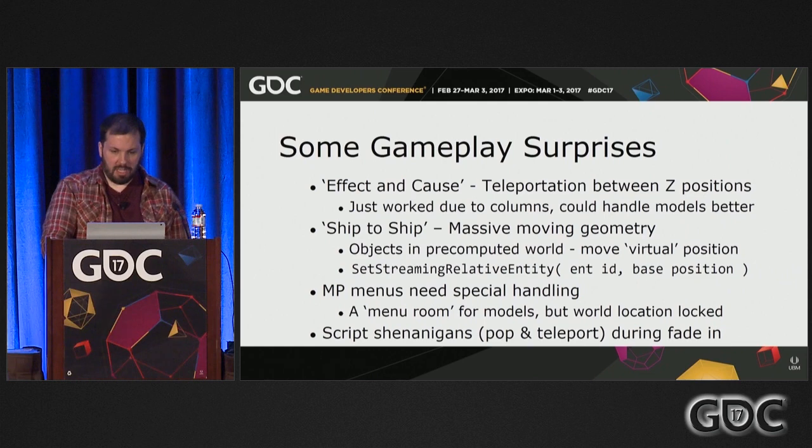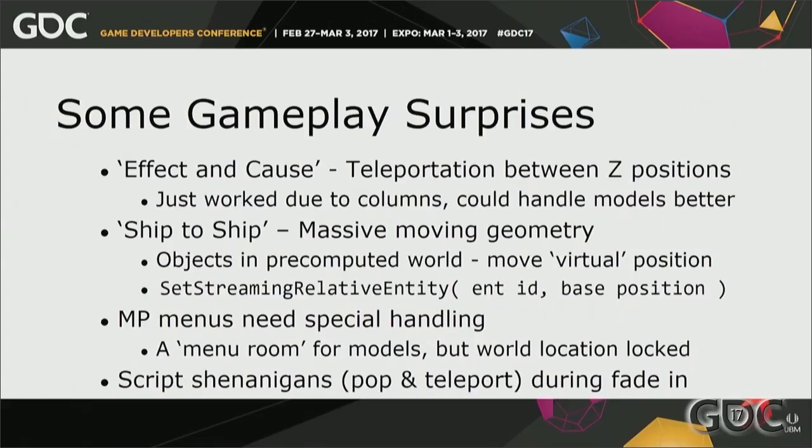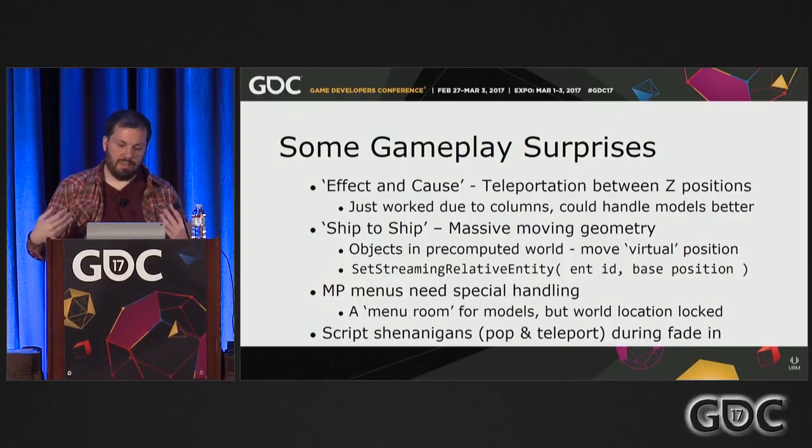So effect and cause, that's where you go through time. You're really going through Z. So we pop you up and down, and that just worked because we have columns and we blend between the probes. So you'd get a probe down here and a probe in the other time, and it would just pull in the data that would be needed. It would take a little additional load on the cache because you're loading 2 sets of textures,